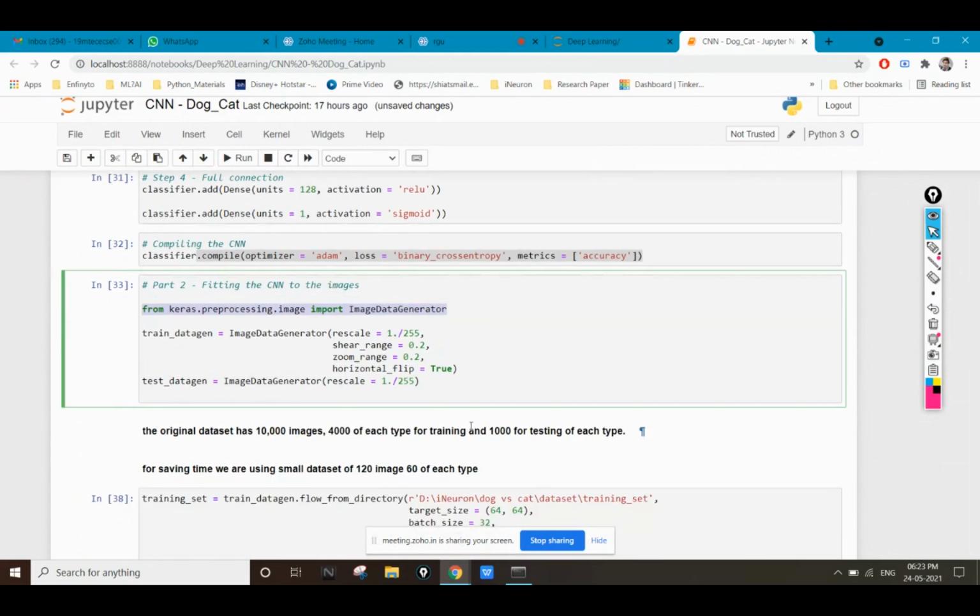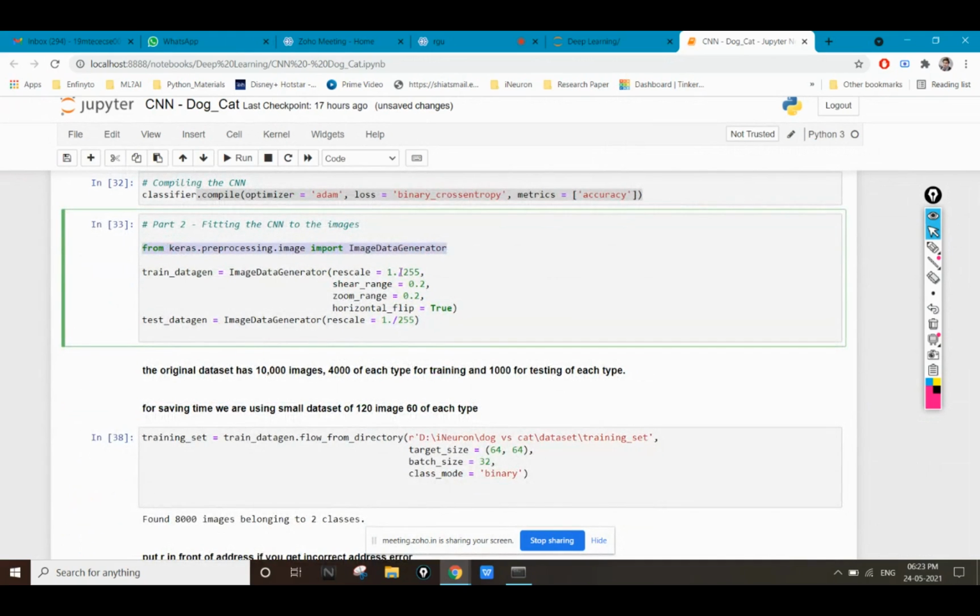I'm converting the images into an array and rescaling it by dividing each and every value by 255, so that all the pixel values inside the image range from 0 to 1. This is known as standard scaling.